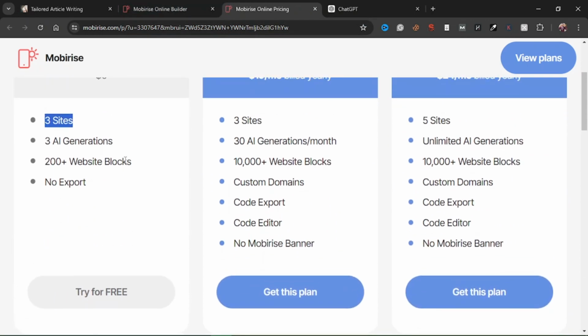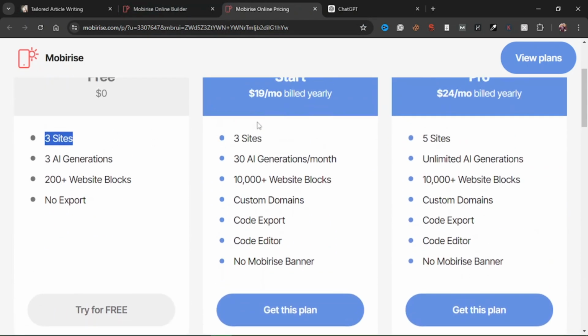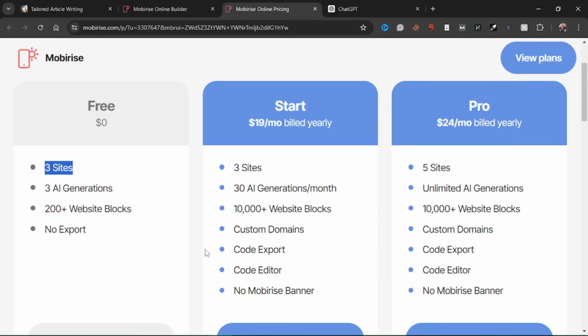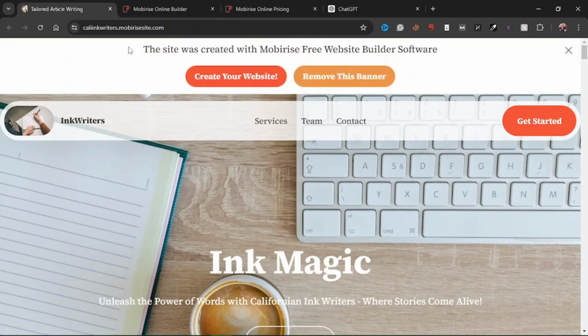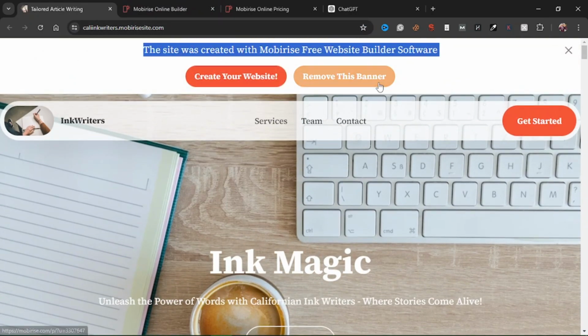With a free account, you have access to generate 3 websites, which is similar to the starter plan here. But one of the differences is that with a starter plan, you would be able to have custom domains, export your code, and even remove the Mobirise banner that comes up whenever you load a site. Let's say, for instance, this is one of the websites I exported. If you load the page initially, it's going to show you this banner indicating that this website was made using Mobirise. So to get rid of this, you just need to be a premium member,